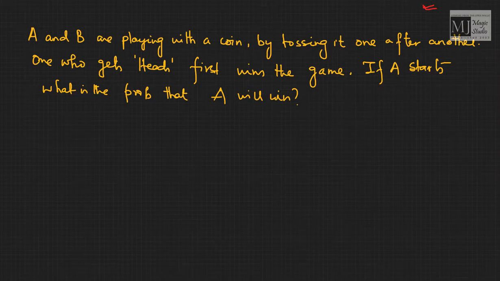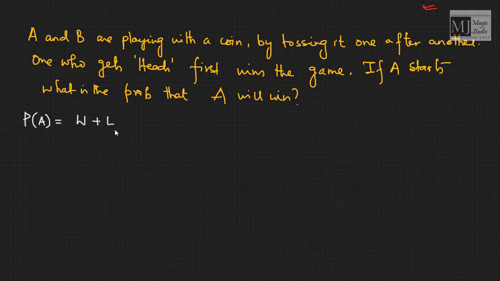Think and try. ध्यान से देखें तो यहाँ पर साइंस क्या है? साइंस यहाँ ये नहीं है कि A स्टार्ट्स और वो पहली बार में ही जीत जाएगा, ये जरूरी नहीं है, लेकिन वो फर्स्ट थ्रो में जीत सकता है. We are here to find the probability that A will win. A can win in the first throw. Win. But हो सकता है कि A ने फर्स्ट जब टॉस किया तब हेड नहीं आया. इसका मतलब क्या हुआ? He will lose.